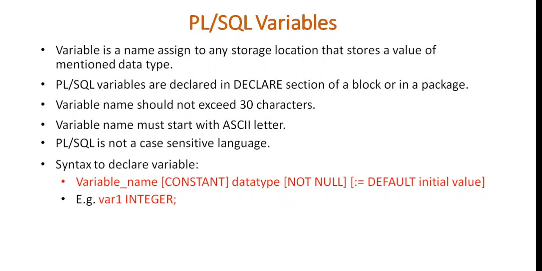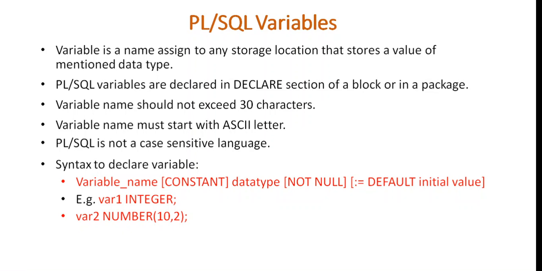By using integer data type, we cannot store floating point numbers or real numbers. Okay, so this is the difference between number and integer. Then next, we have declared another variable, that is var2. The data type of this var2 is number, and here you can see in brackets the precision and scale is